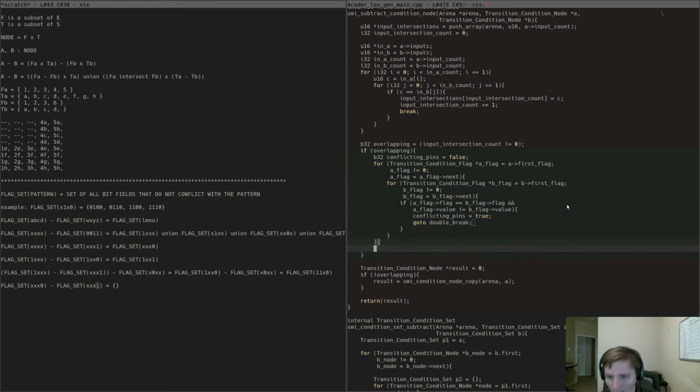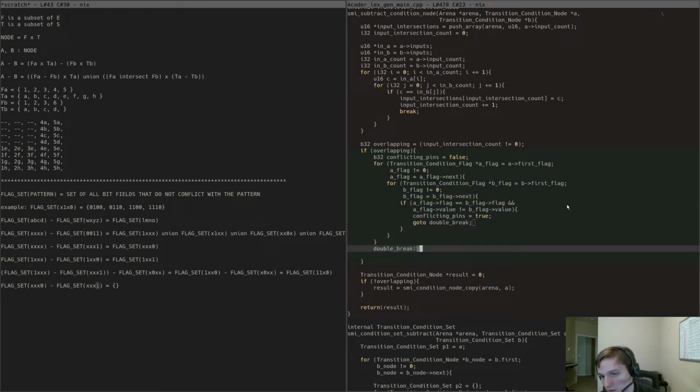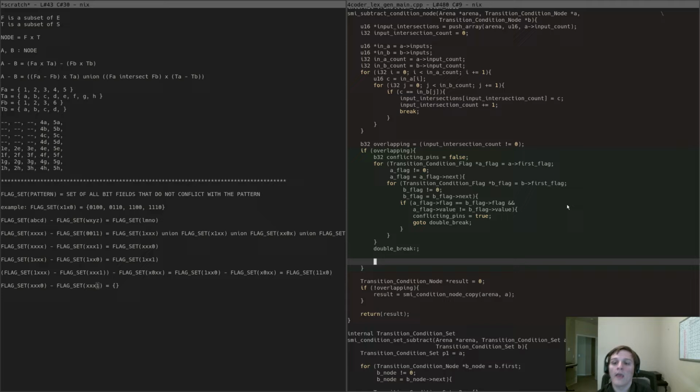Stick a goto at the beginning, and then explain to the compiler where you meant double break should land you. Okay, and then